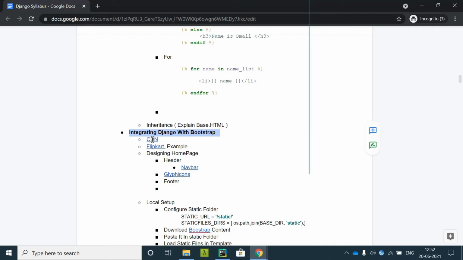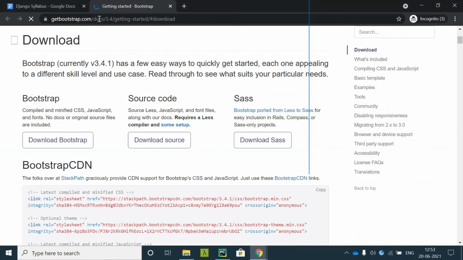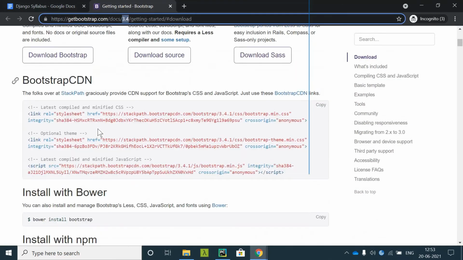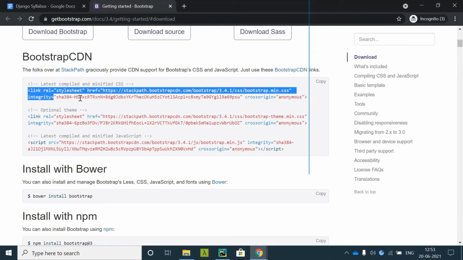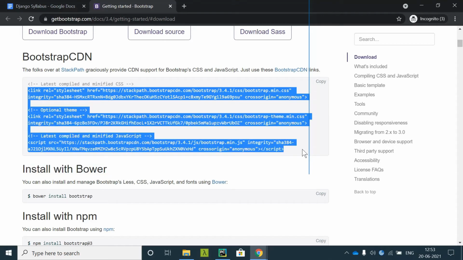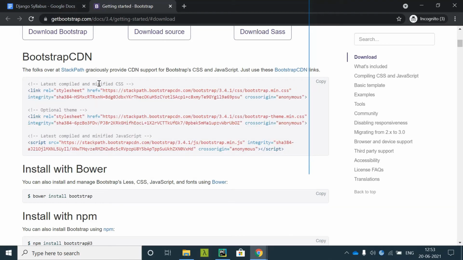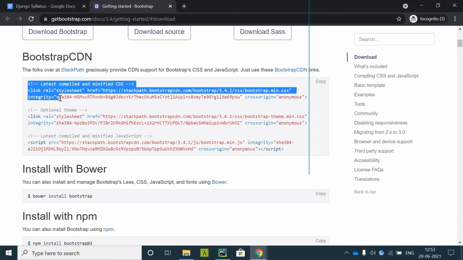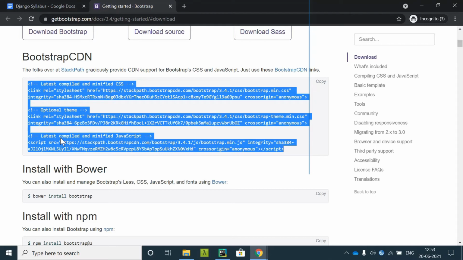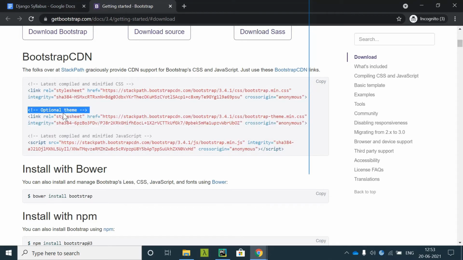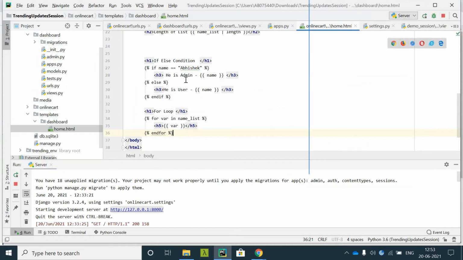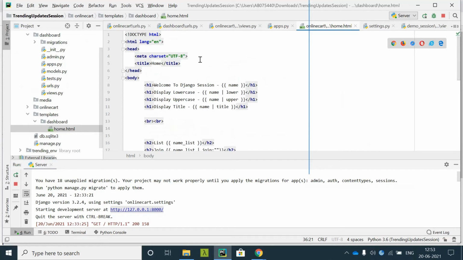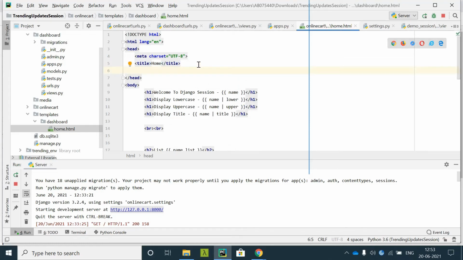You can see now, I'll go to the Bootstrap page. Here the link is provided. I'll go to the docs and then pick 3.4, and I can pick up the link from this. Use this link, and you can pick up all of these. See, this is the latest minified CSS. You can just use all this. The theme is optional; even if you don't use it, it's fine. Go inside the HTML, where you put the CSS and script files, and just paste it over here.